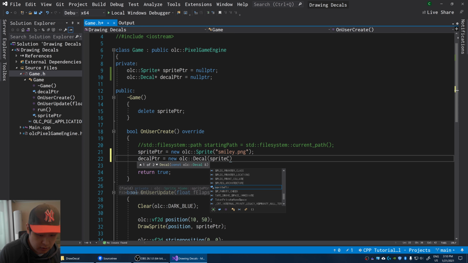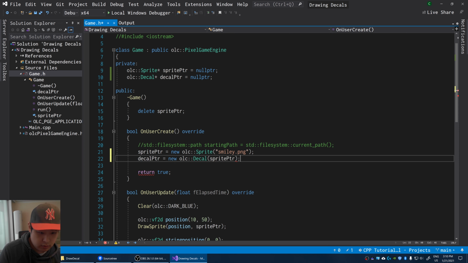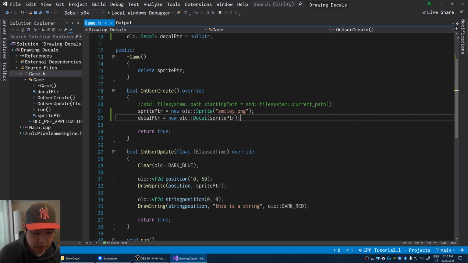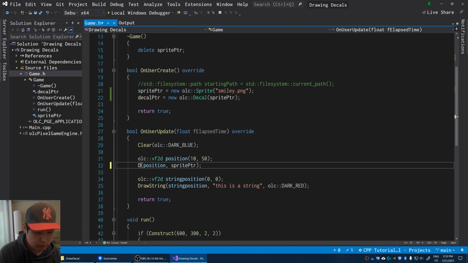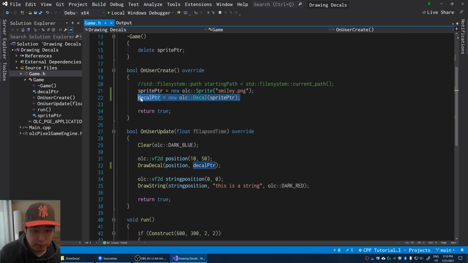It's just another layer on top. And instead of drawSprite, I'm gonna use a function called drawDecal, use the decal pointer. So the decal pointer uses the sprite pointer, and the sprite pointer gives you the actual PNG file.